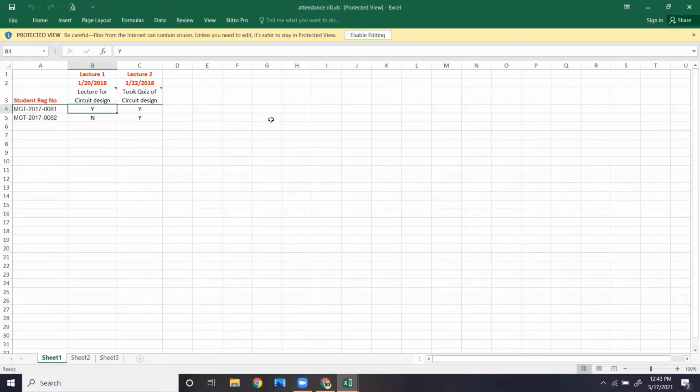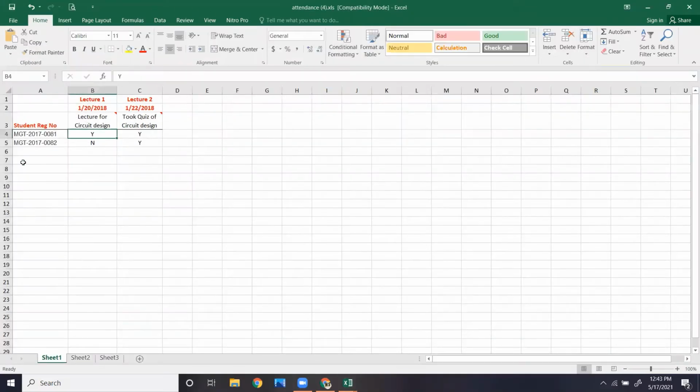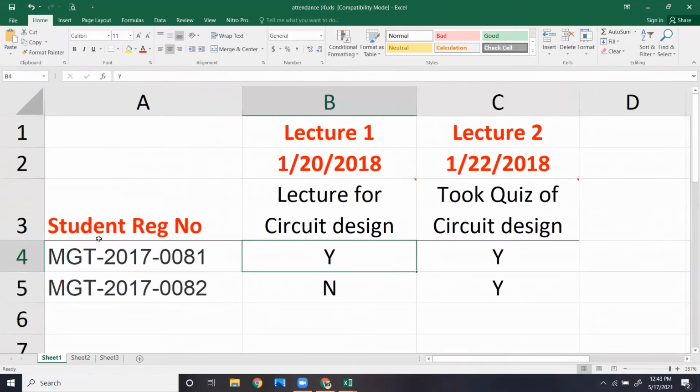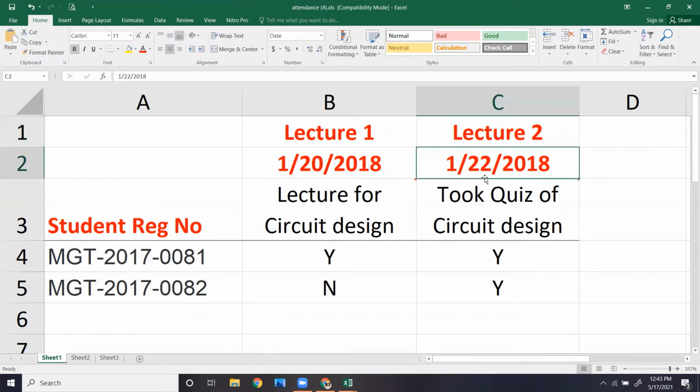Now you can see this is the format it is asking. Here, student registration number is required. Let me show you by making the screen full. Now you can see student registration number. It is asking lecture number 1, date, lecture number 2, and this is date. This date is changing from 22 to 22. So what does it mean by that? Its format should be first the month, then the date, and then the year, for example 2021. Actually, I have taken attendance on the Excel sheet in this format.